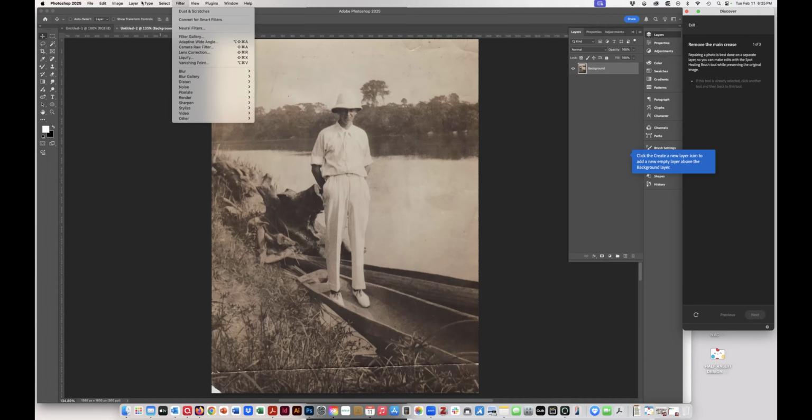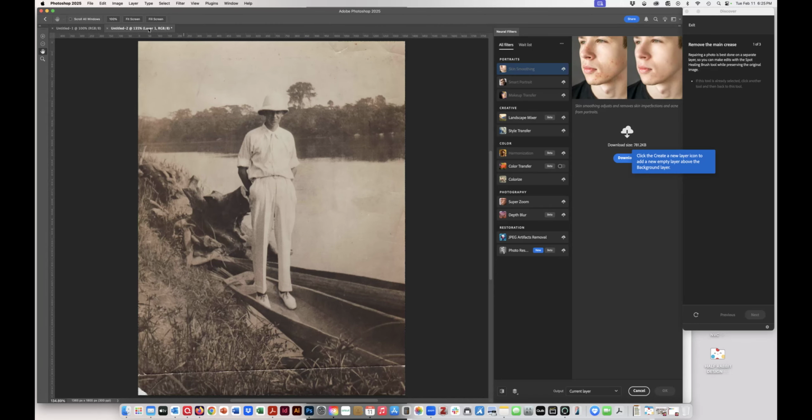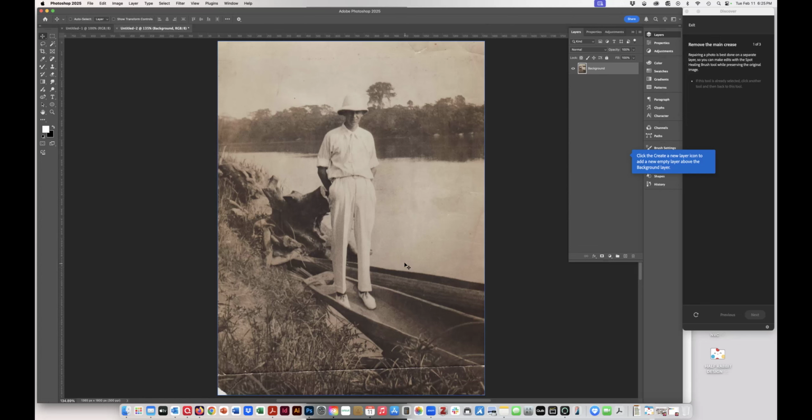Specifically, there's a new filter. Let me see if I can find it, this Neural Filters thing. This is an advanced level Photoshop technique that exists out there in order to improve and edit your photos. And we are not going to be covering that in this class because it's so important to first learn the basics. So I just wanted to touch on that again,